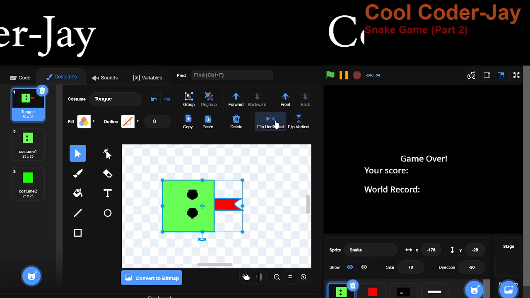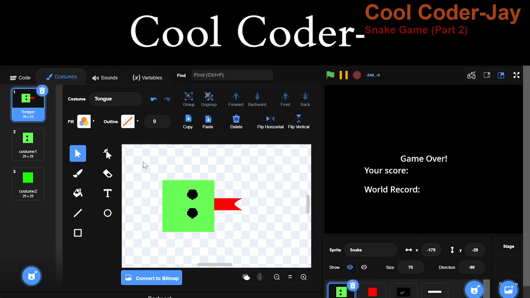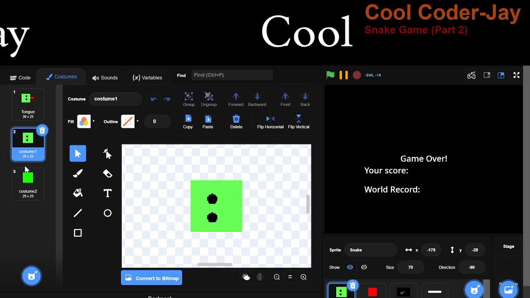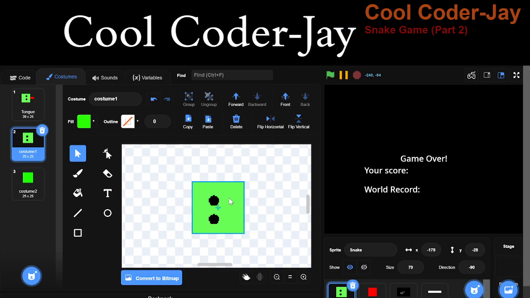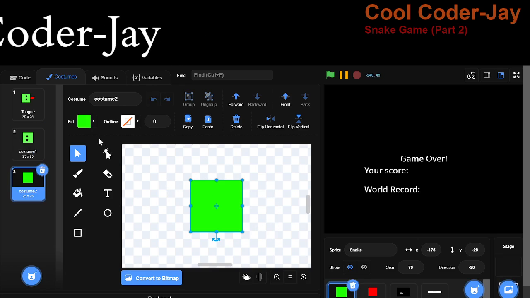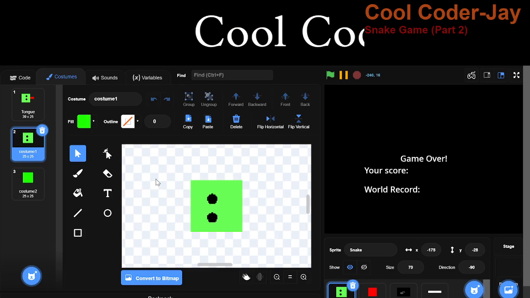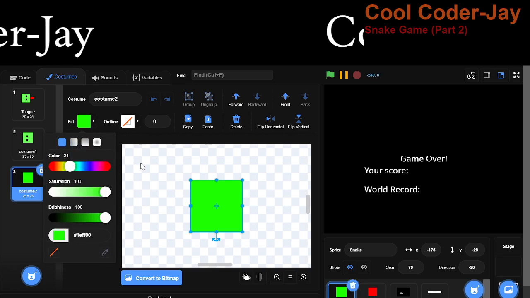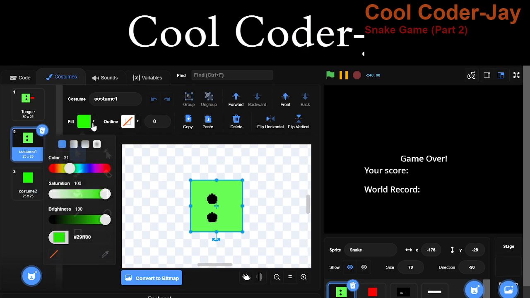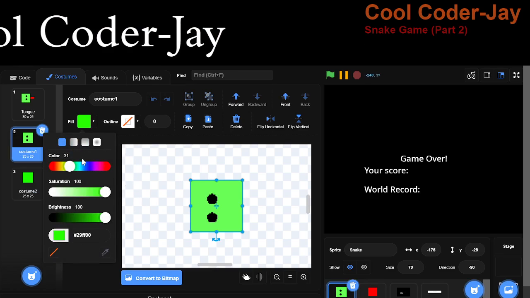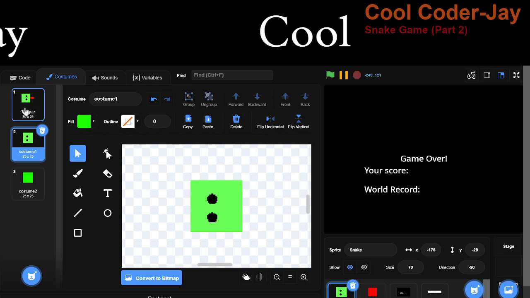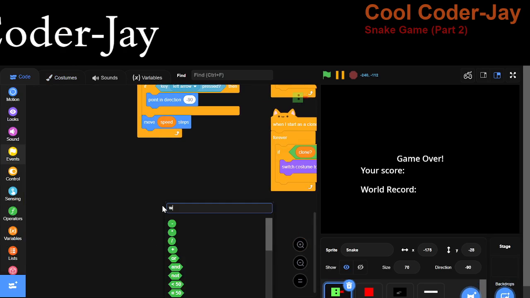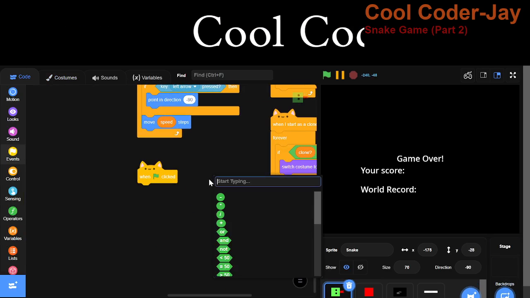Now you can also flip this horizontally. Now make sure that these two are in the center, and make sure that all the costumes are in the center and all have the same fill color. So, in the code section, we are going to add when green flag is clicked, forever,